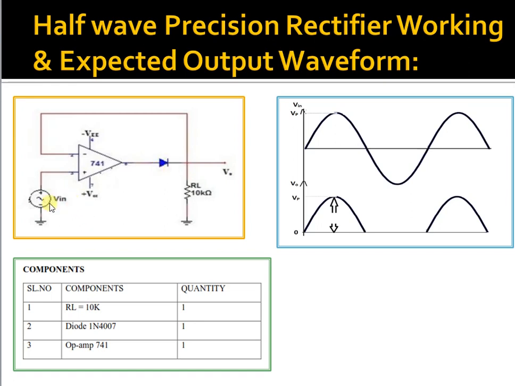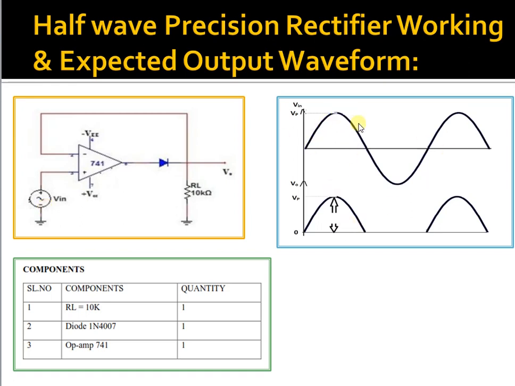diode. So, during the positive half cycle of the input voltage which is applied to the non-inverting input terminal, the voltage at this particular point will be the same as that of the input voltage that is applied. Because the input voltage is a positive half cycle, the output voltage will be a positive value and it will forward bias the diode. Because of the presence of the negative feedback, the output voltage that appears across this load RL will be the same as that of the input voltage applied.